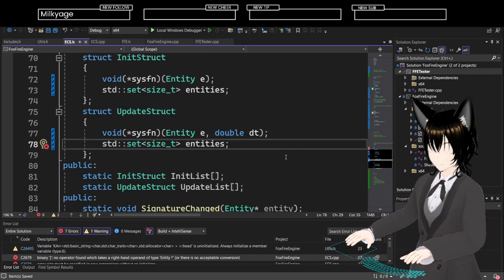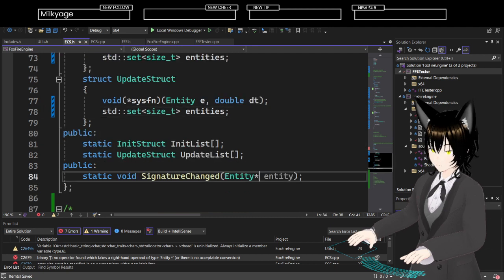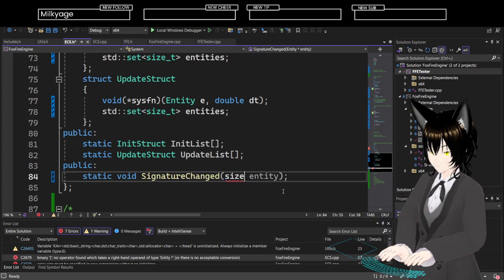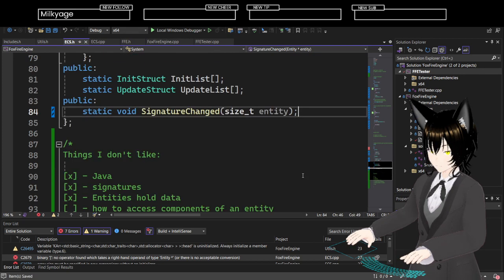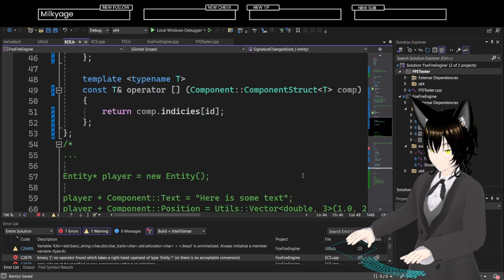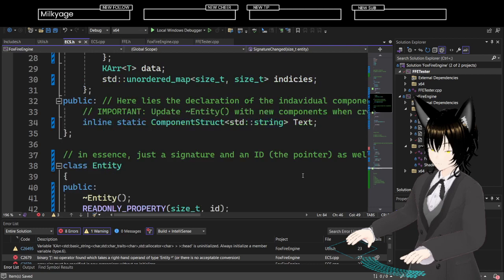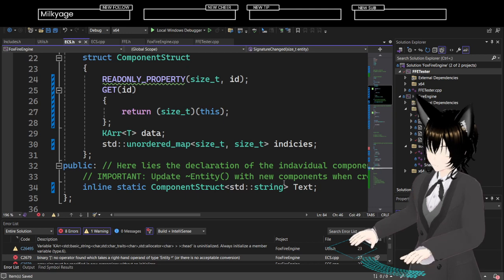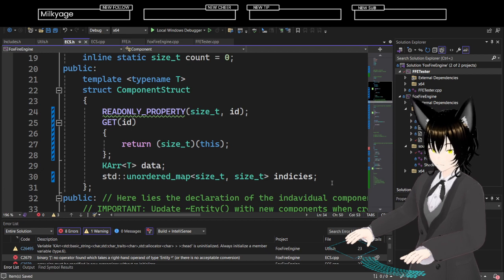And well, I mean, I guess I could reuse some information, right? Size T entity. So static that. This is instantiated, so that's fine.